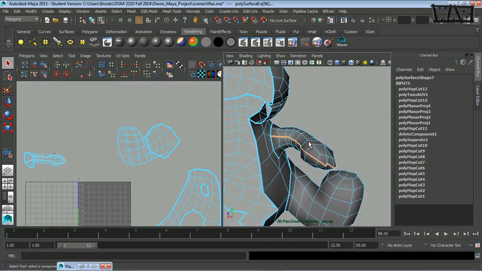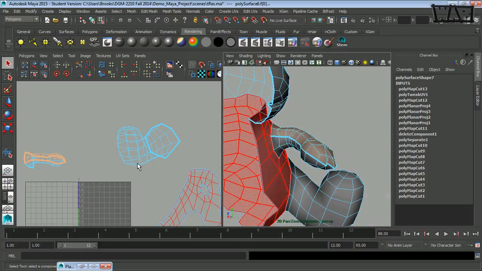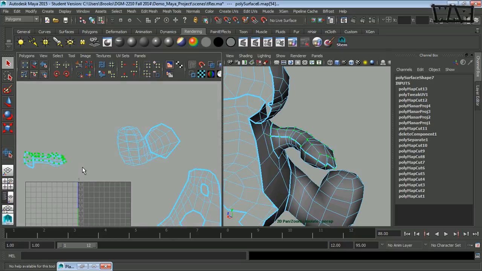Now, I can go to UV shell mode and I can select one of these at a time, Control right click and go to UVs, switch to my move tool, and I